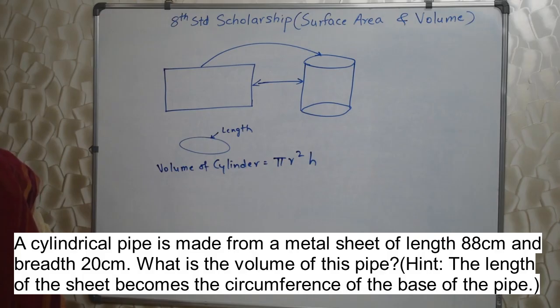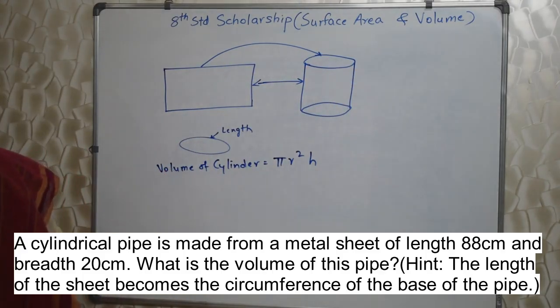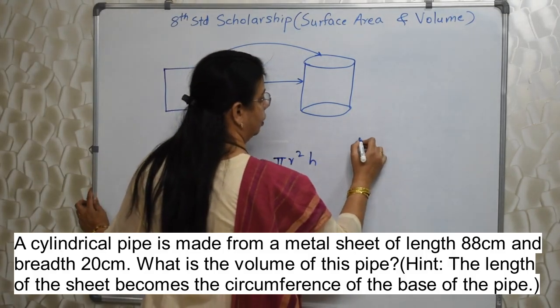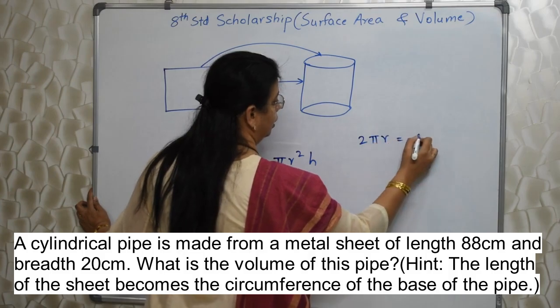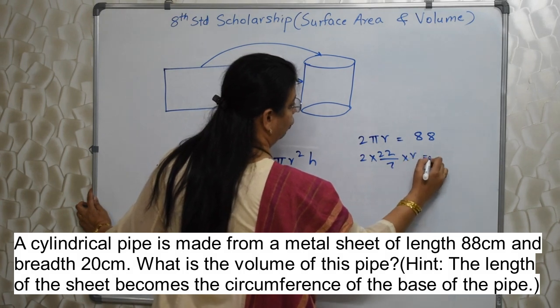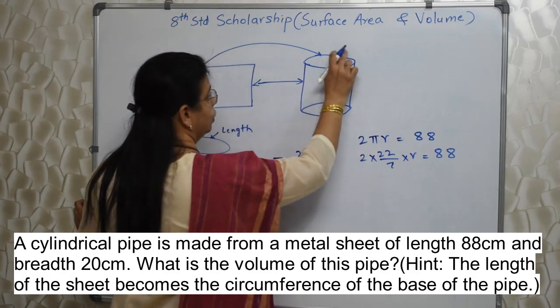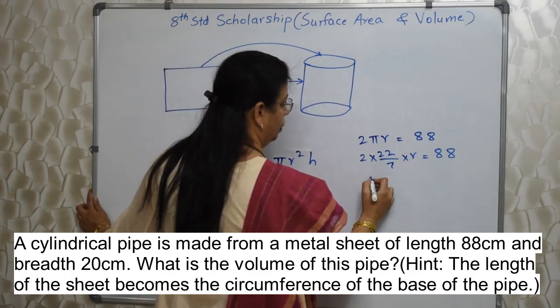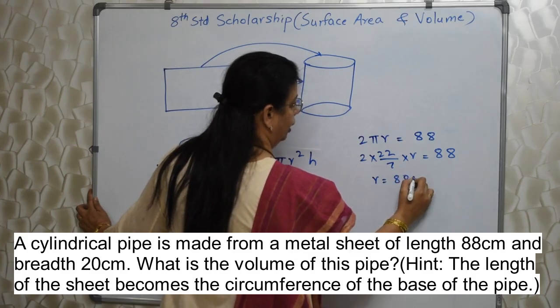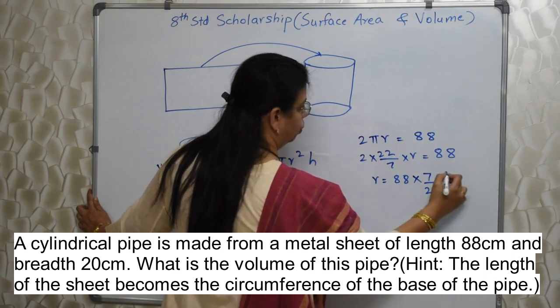They have not given r. So we need to find out the r from this circumference, which they have given in the form of length, right? Which is 88. So circumference of the circle, that is 2 pi r, is equal to 88. That is 2 into 22 upon 7 into r. We are trying to find out the r with the help of this length. Okay, because this length is going to be the circumference, that is 2 pi r. Please be careful, students. 88, this will be reciprocal if we shift it to the other side, and this 2 will be down here.